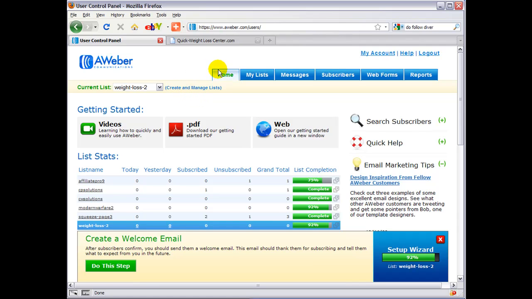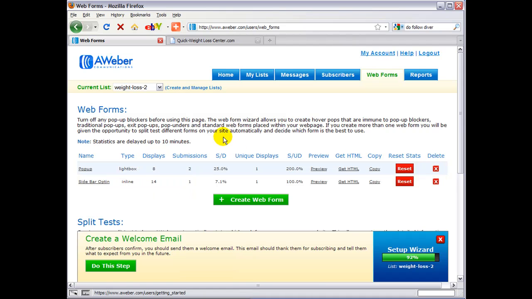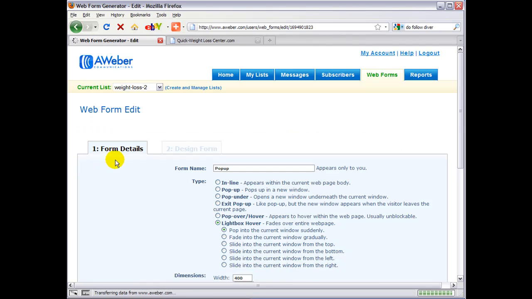So first thing you want to do is sign into your Aweber, and in the top left hand corner here, click on the list that you want to produce your pop-up in. Once you've got that highlighted, you click on web forms, and then it takes you to your web form. As you can see on the left here, I've got two web forms for this list. One I've named sidebar opt-in, and the other I've named pop-up, and this is the one that we're going to produce. So if I click on pop-up,